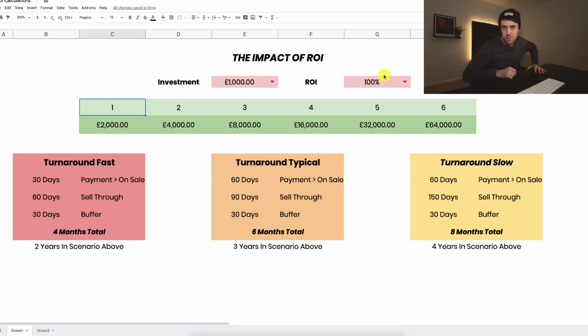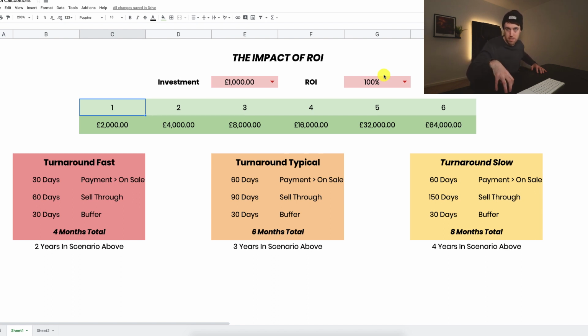Let's take the essential oil air diffuser as an example. Typically they would sell for around £20, and typically you might look to source them from Alibaba and get your landed costs, so all in, your product, your shipping, your import taxes, all of those expenses, for say £4, around $5 US, and then selling at £20. Let's say all of your costs initially, because you are doing a lot of marketing and advertising, and it's a new listing that isn't converting as well because you need reviews and you need to improve things, mean that you're only making £4 profit. You're only doing 20% profit margin on that product, right? So for every £4 you're investing, you're getting £4 back.